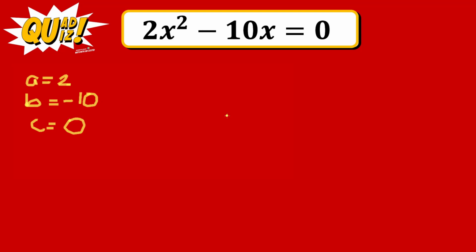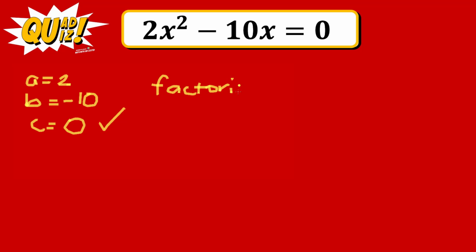We will be using the analysis or the identification of these coefficients in solving for the roots. Of course, we will be using this for our quadratic formula. But even without the use of quadratic formula, we can still identify the roots of this quadratic equation. We have 3 additional methods with 3 different conditions, and one of which is when C is not around or 0. For equations with C equal to 0, we are going to use the factoring, or more importantly, the common